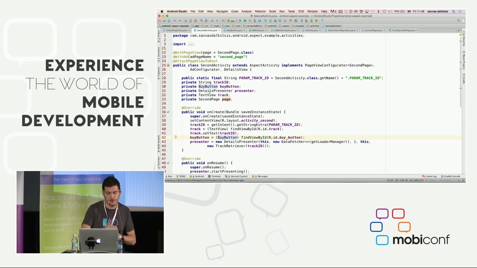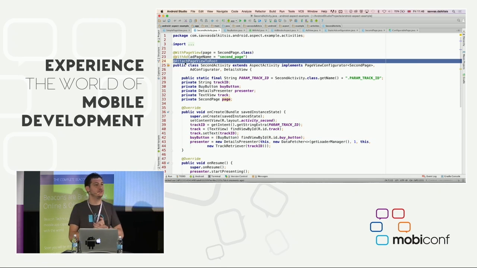Getting back to the second activity in this case, the first one implements that as well because it also has a buy button. There's a new annotation here. It's called attach page view to root. Now, what I'm about to show you here, the logic that goes into this trait, could have moved into the page view trait. But the reason I haven't done that in this example is first, I need to demonstrate interoperability of traits. And second, you wouldn't want to do that anyway because you don't always need that behavior. So you should separate those out as much as possible.